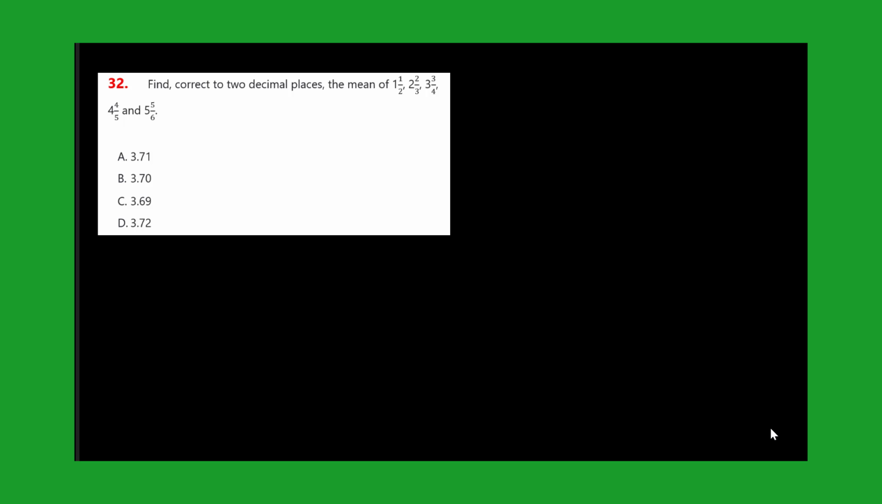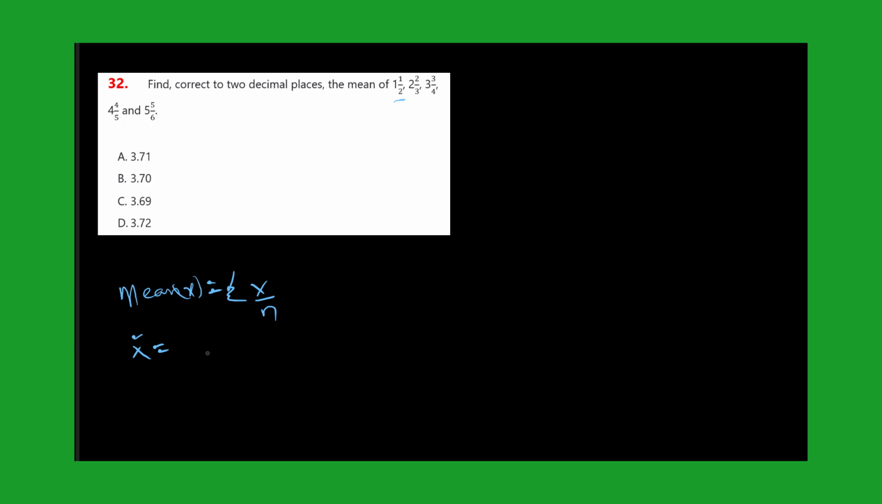Yes. From question 32, we are asked to find the mean of these following fractions, and the final answer needs to be in 2 decimal places. But the easiest way to do this kind of question is to convert all the fractions into decimals, and we are going to ensure each of the decimals is 2 decimal places. Summation x divided by n. So our mean